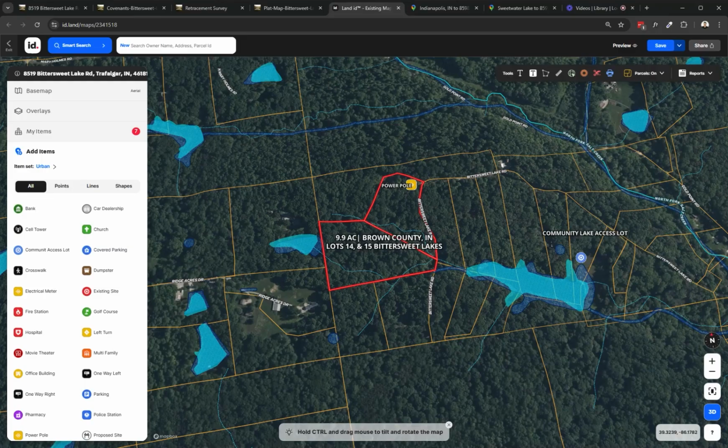And so today we're going to be doing a real world example of a property that we have for sale right now. This is a 9.9 acre property south of Indianapolis in Brown County. It's 9.9 acres listed for $125,000, and this property is very competitively priced. So I do think it creates a pretty good example of what you can kind of expect when looking for land in this area. And keep in mind too, there's a lot of different lifestyles even within the rural communities,